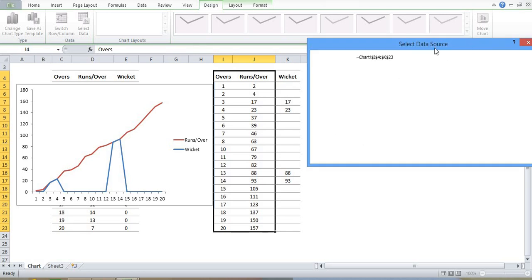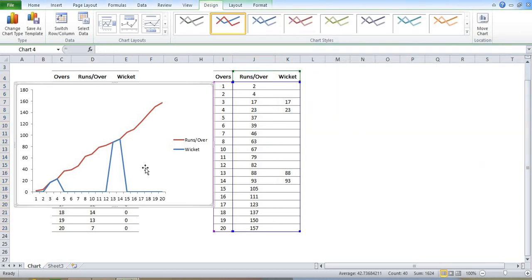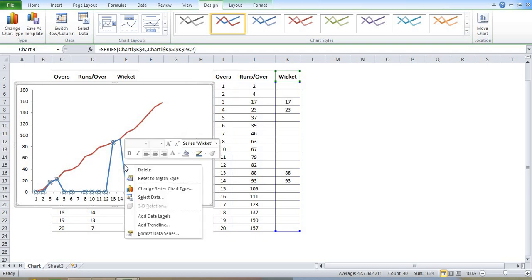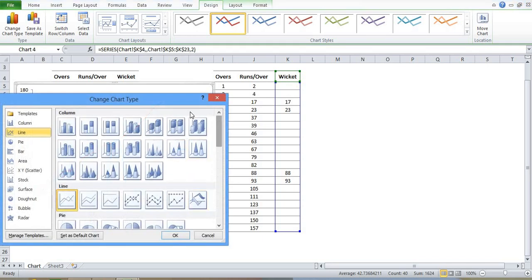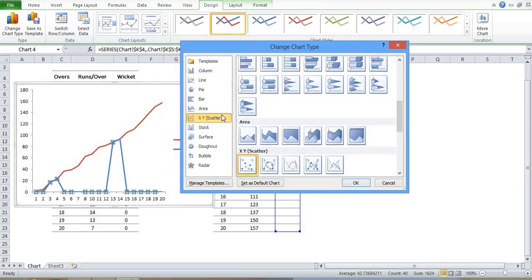Now, once I'm done, I can see a few blue lines over here. But that's not how I want this. I don't want it to be a line chart. I rather want it to be a scatter chart. So I just select these two blue colored lines. I right click and say change data series chart type. And I get this template over here. I can click on my scatter and then I can choose the very first which has the dots and click